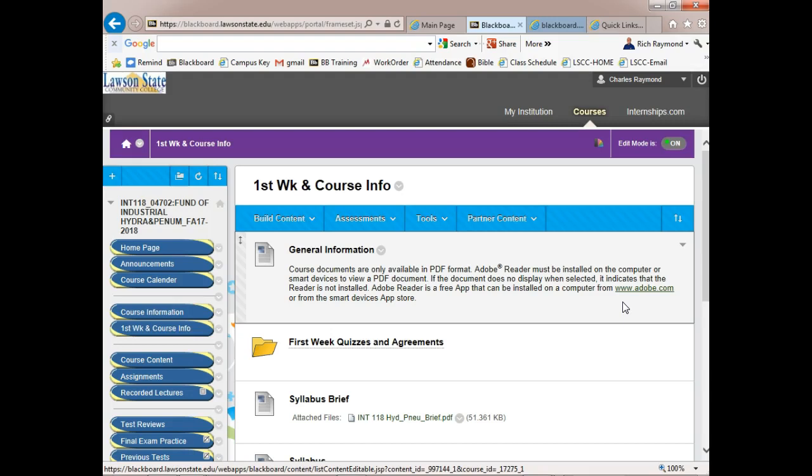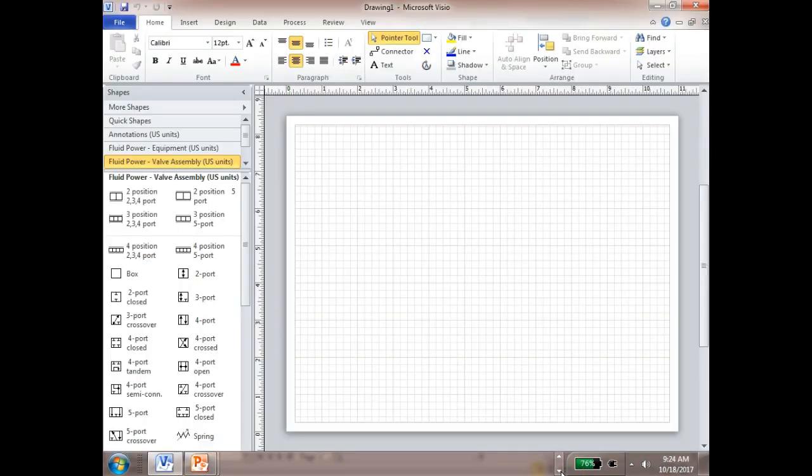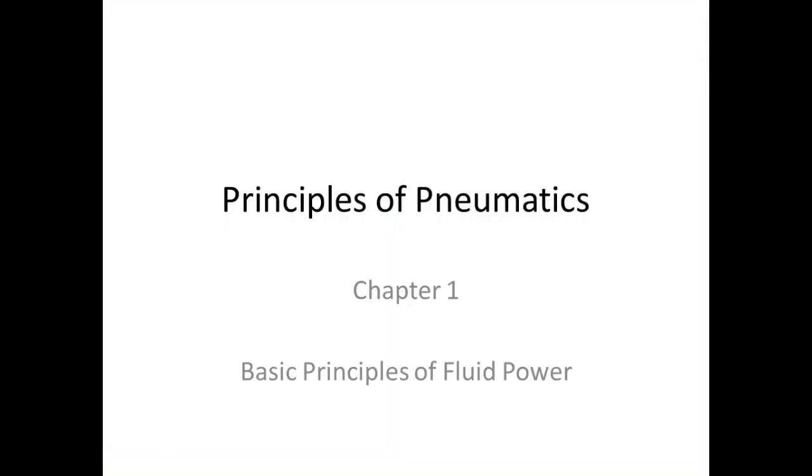What's nice about fluid power in the labs that we do, you know, you get into DC, you get into intro, you don't see things move. It's always nice. We're visually oriented, so here when you do something, you're going to see things move. Of course, instead of moving by electrical current, we're going to move them by using fluid power. So we'll look at our first chapter, which deals with basic principles of fluid power. Let me stop this because